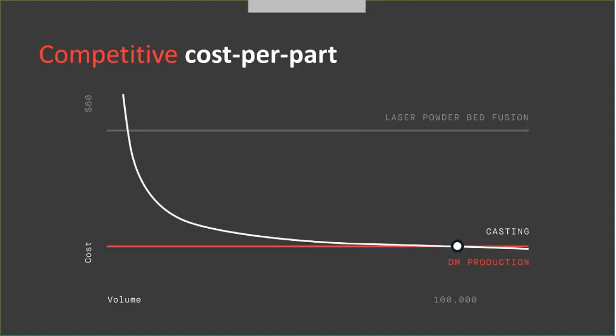So here again, we're taking a look at the competitive cost per part, comparing laser powder bed fusion, traditional casting methods, and DM production. Because we are able to hit that really high number of 500 cubic inches per hour, the calculations show at about 100,000 parts is where your break-even point for casting versus DM production is. So if you're making less than 100,000 parts in a run, you might want to consider a DM production machine,